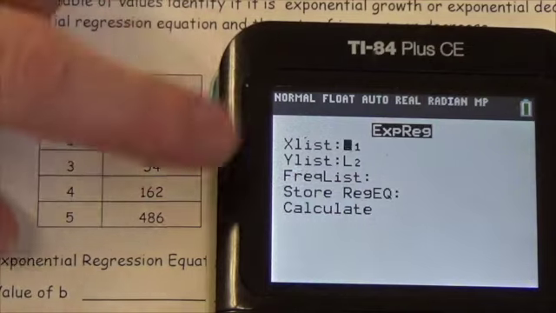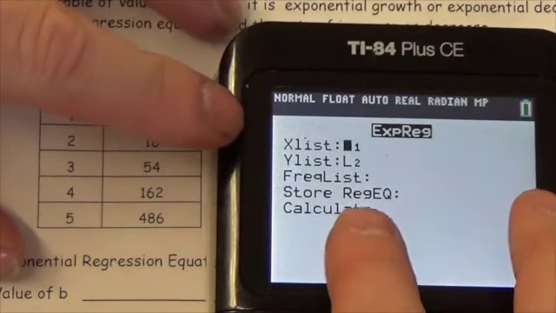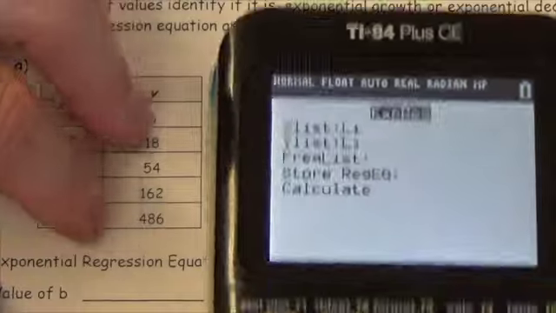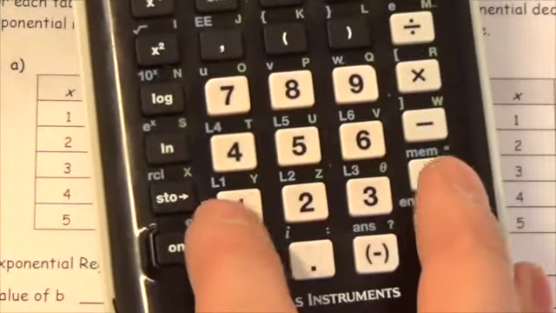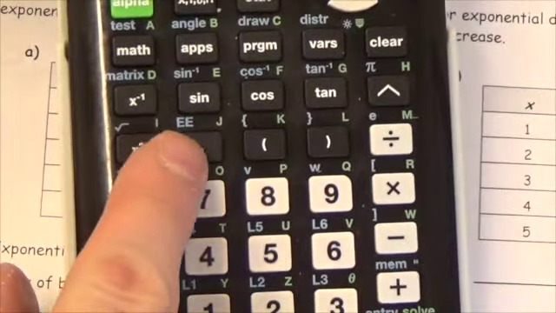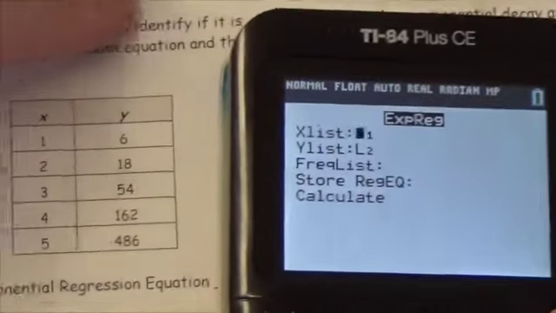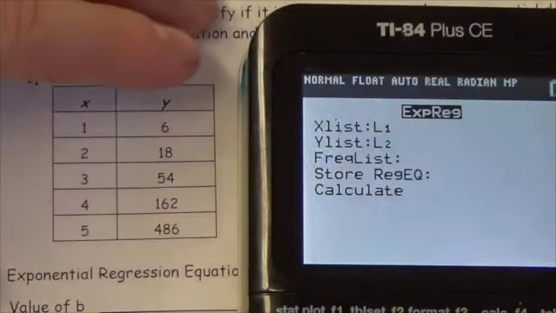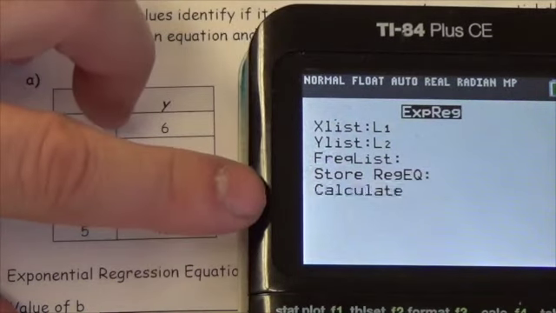It's exponential regression. Now remember, you might have to enter in list 1, comma, list 2. List 1 is above the 1, list 2 is above the 2, and the comma is the button right here above the 7. Unless you've got the calculator like I've got, this operating system, in which case you just press Enter, Enter, go down to Calculate,